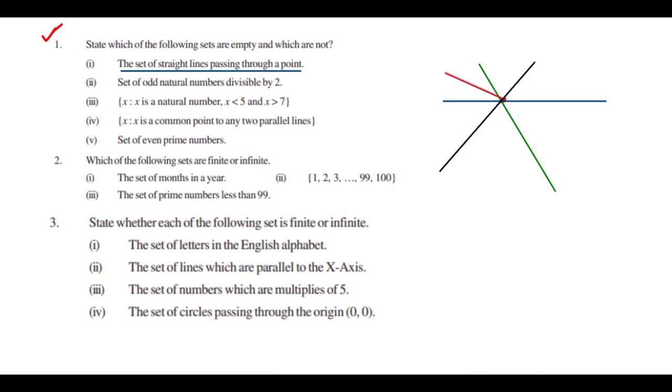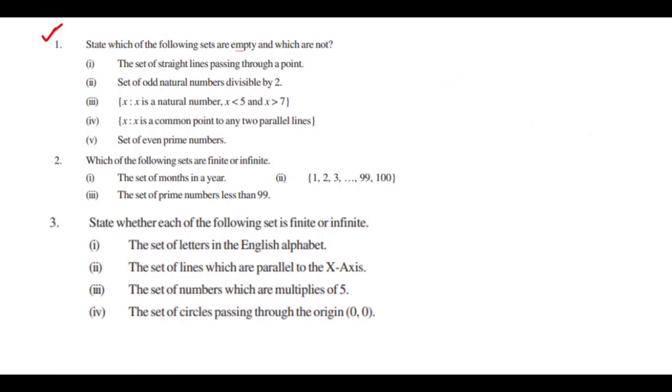So how many? If you want to take one more, how many? Many we can take. Actually it is not a null set, at the same time it is an infinite set. Many we can draw like this. So finally, what should we write as the answer for this question? The question is asking about what type of set: state which of the following sets are empty and which are not. Yes, it is an empty set. Sorry, a non-empty set. Okay, it is a non-empty set.